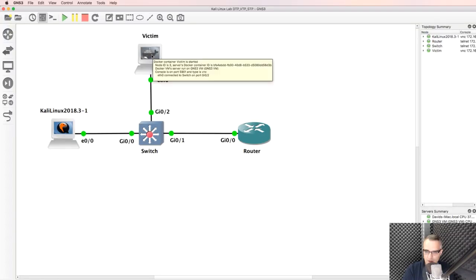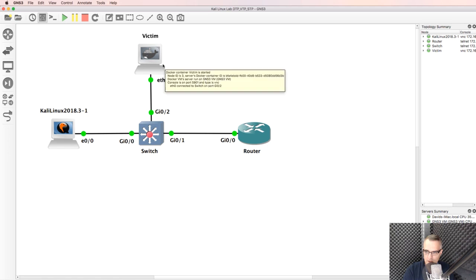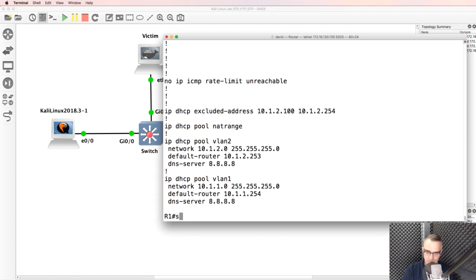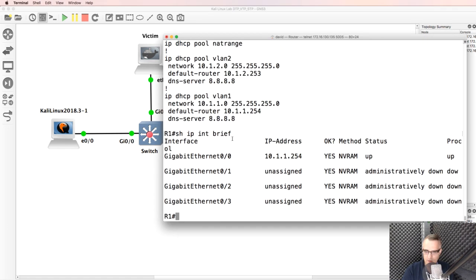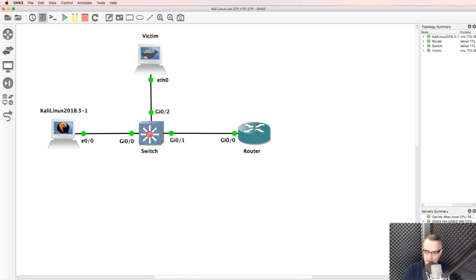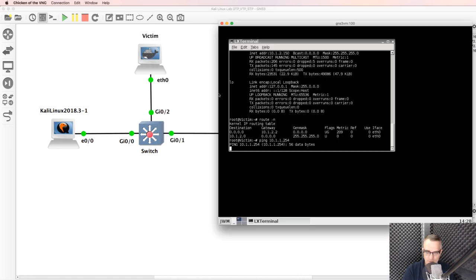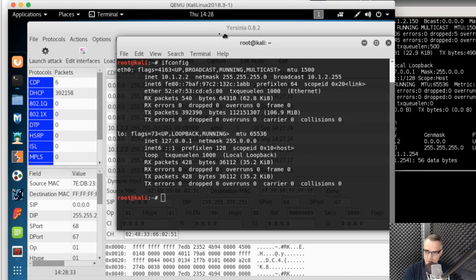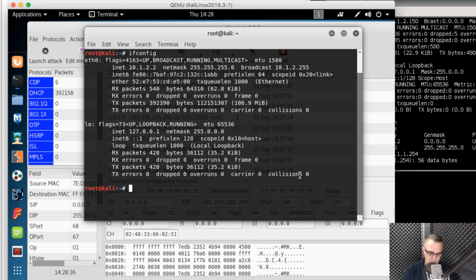Basically this PC, when trying to get to this router, is sending traffic to Kali, and Kali is not forwarding the traffic onto the router. The router has this IP address. The victim host is not able to get to that IP address. So what we need to do on Kali is do something in the command prompt to forward traffic to the right